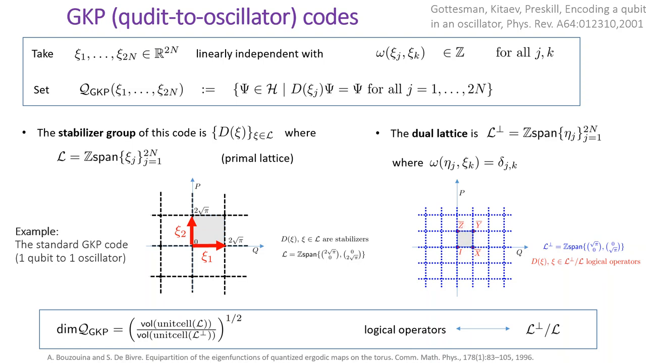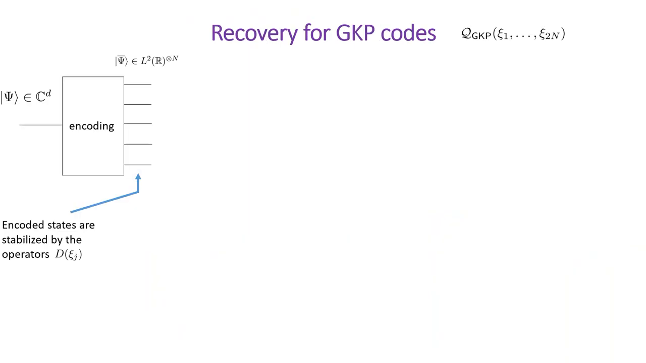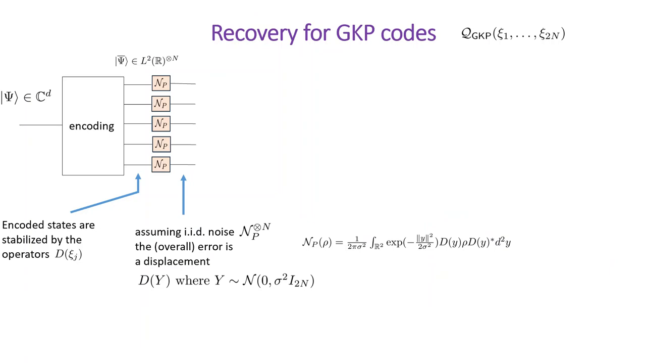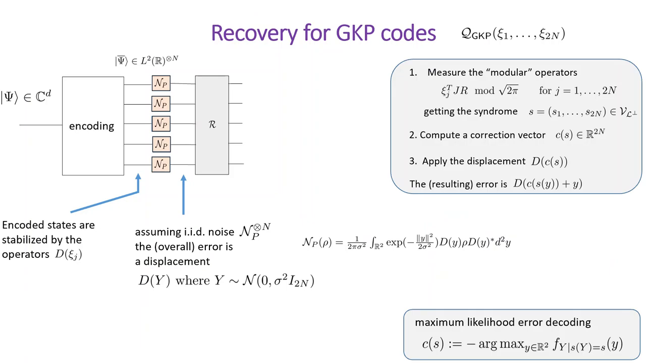For a GKP code, we typically consider physical displacement noise, for example IID centered Gaussian noise with variance sigma squared. To recover from this noise, one can measure GKP syndromes and apply a correction operation, which is itself a displacement. One simple and natural choice is called maximum likelihood error decoding. According to this strategy, one picks the displacement which is most likely given the observed syndrome and applies its inverse